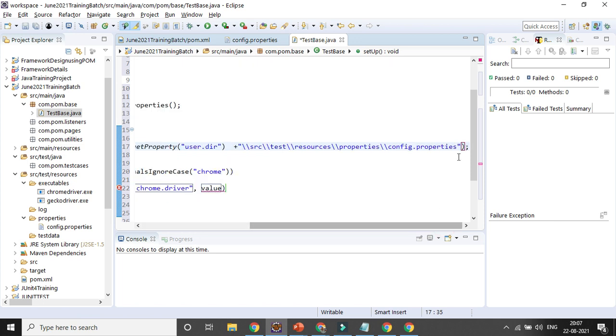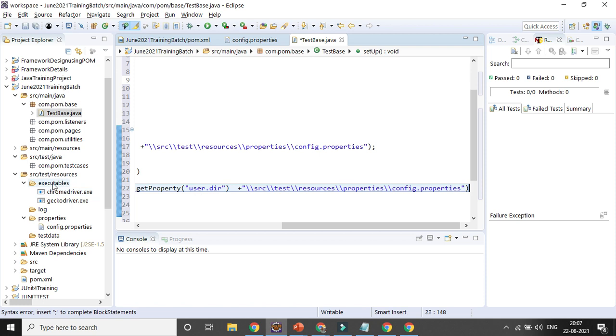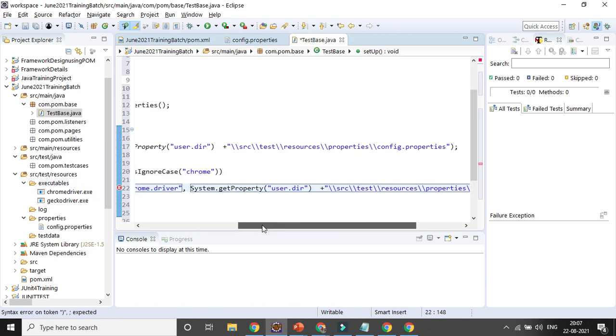Because that thing is already loaded here, right? Let's try to change it. Here I already loaded the executable files. So System.getProperty user.dir, then src, then src/test/resources, and then your executables.